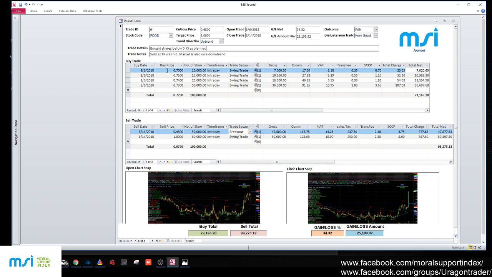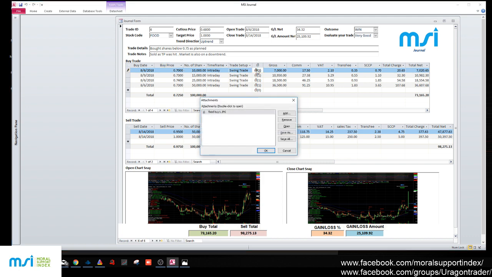So here, makikita niyo nagkaroon tayo ng tranche buying. As we said here in our details, we plan to buy the stocks below 0.75. So our purchases were 0.70, 0.73, 0.74, and 0.73. Okay, and these are the number of shares. Sa intraday tayo tumingin, and we're planning to do a swing trade. So let's just see again